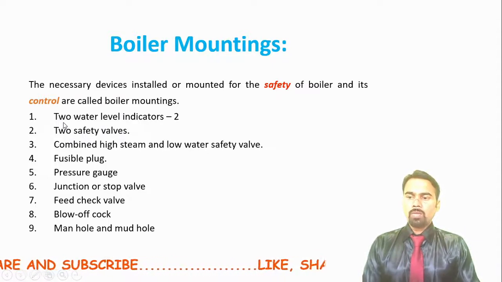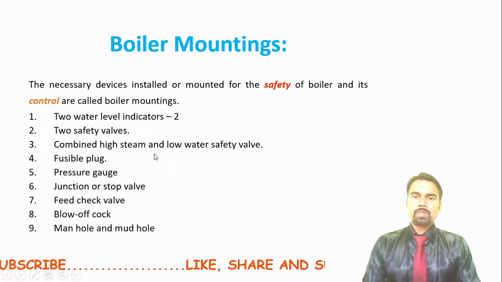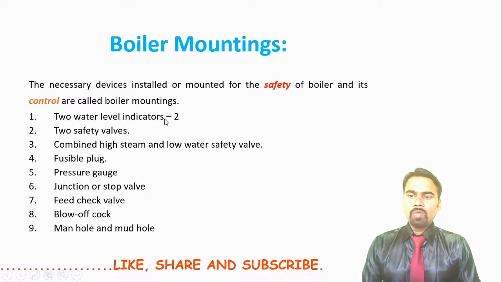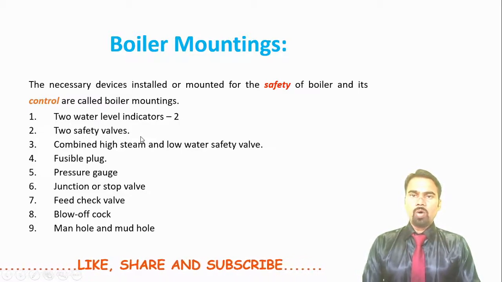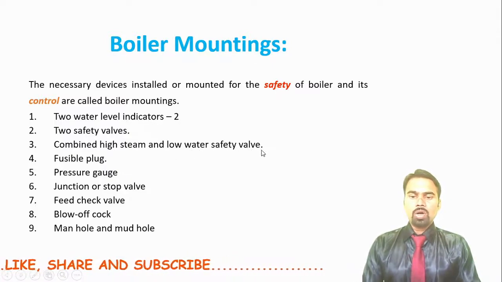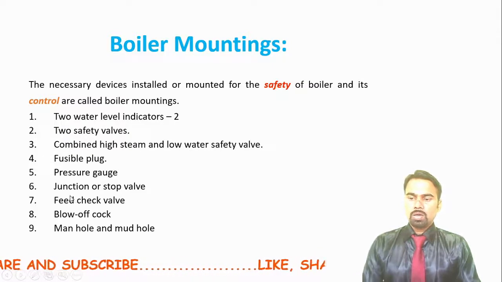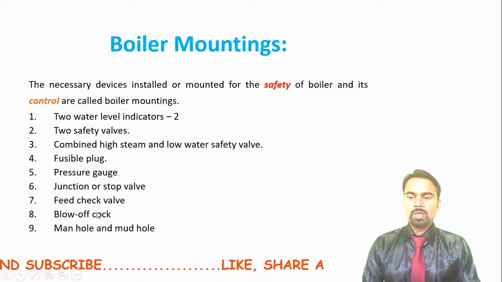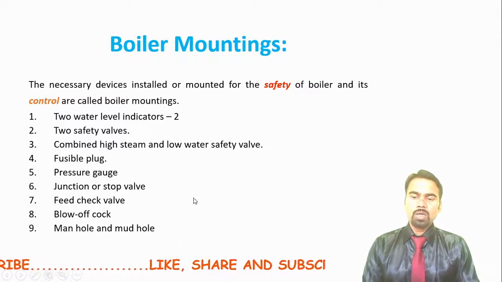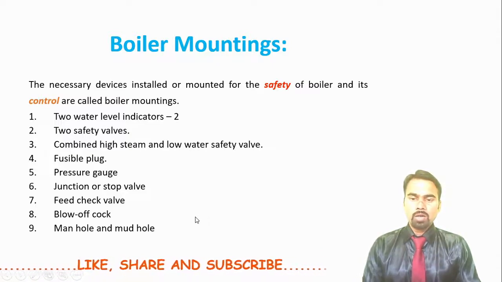The boiler should have two water level indicators. Here some mountings are listed. We'll see them in brief after this slide. So two water level indicators should be there. Then two safety valves should be there. A combined high steam and low water safety valve should be there. Fusible plug. Then pressure gauge, junction or stop valve, feed check valve, blow-off cock, manhole and mud hole. So all these are the boiler mountings or essential parts of the boiler, without which we cannot run the boiler. Okay,